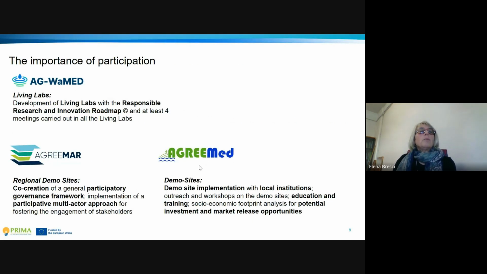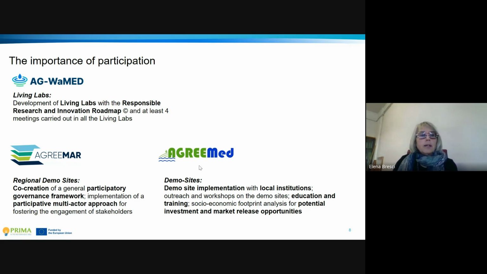What we learned from joining the efforts among our projects is that they are all relying on a participatory approach. In fact, AG-WaMED is based on living labs, where we applied the RRI, Responsible Research and Innovation Roadmap, within at least 4 workshops carried out in the 4 living labs, where stakeholders were together for discussing and proposing solutions or identifying problems that would be explored and discussed in the following